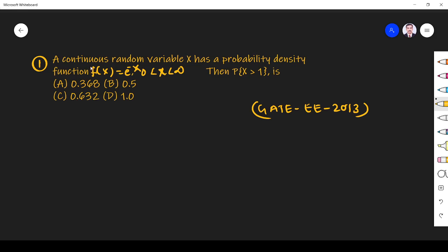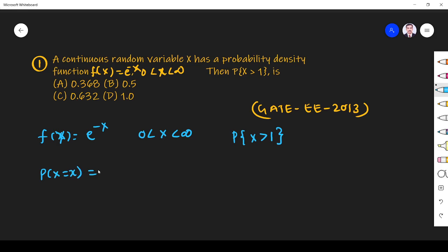The first question is, a continuous random variable x has a probability density function f of x equal to e power minus x, where x varies from 0 to infinity. What is the probability of x greater than 1? Right, so if we know f of x,